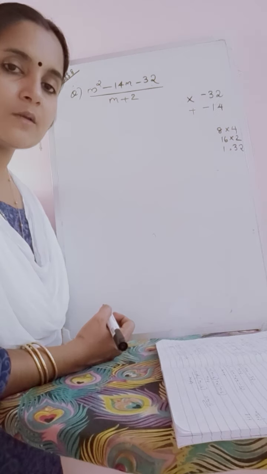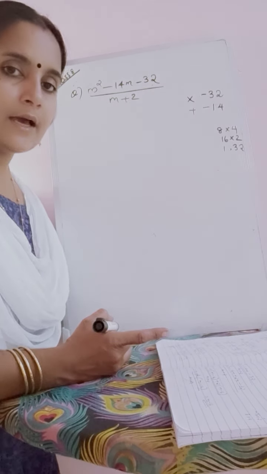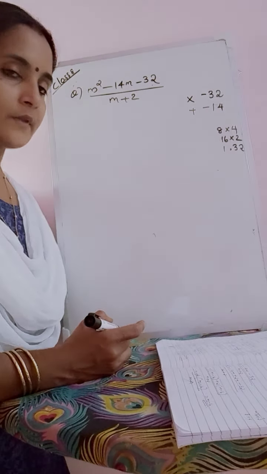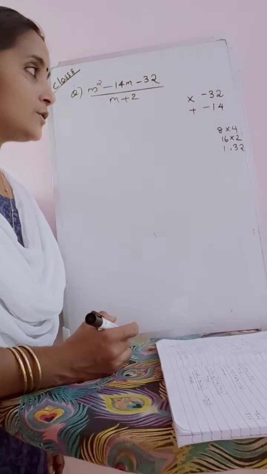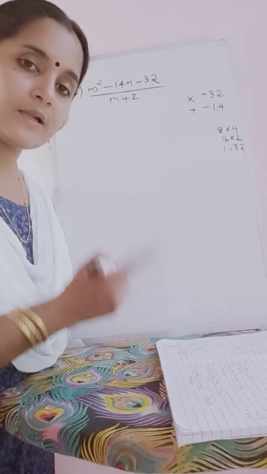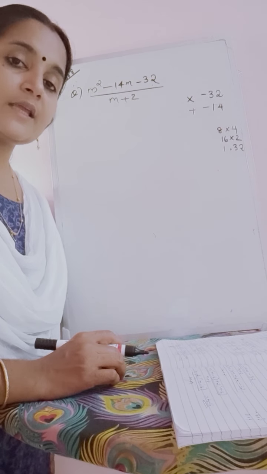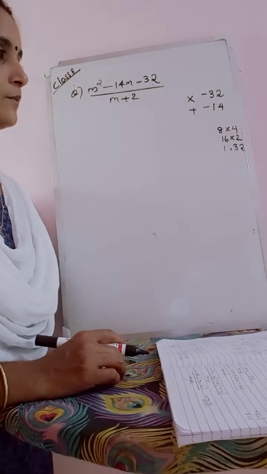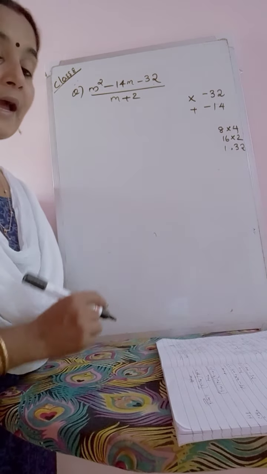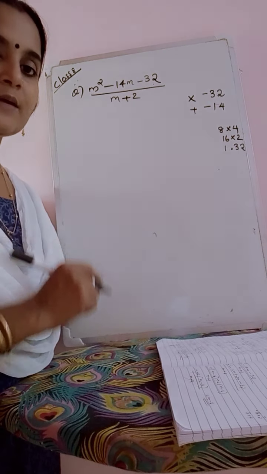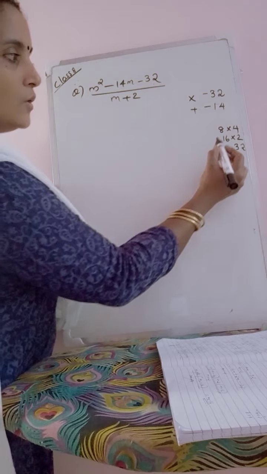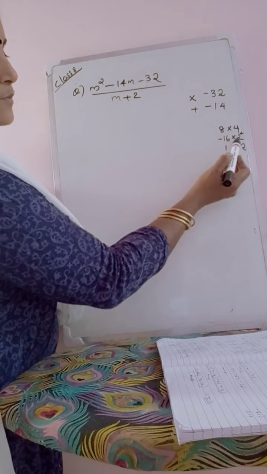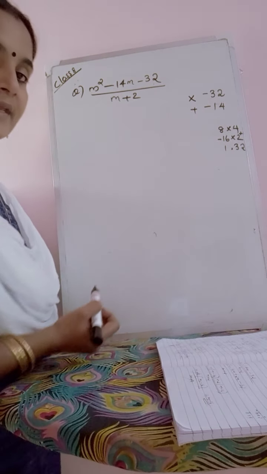Sum should be minus 14 means one number is positive and another one is negative. Then only we get the answer as a negative number. That means to add a negative number and a positive number, what do we do? We take the difference and put the sign of the greatest number. So one number should be positive and another number should be negative. But the sign of the answer is negative. That means the greatest number becomes a negative number. So look here. If you take this minus 16 and plus 2, then what is its product? Minus 32 and sum is minus 14.